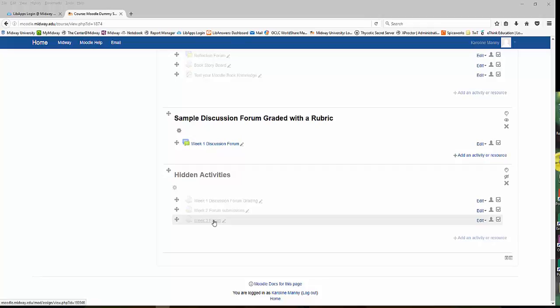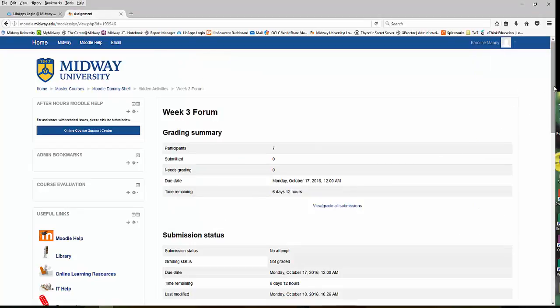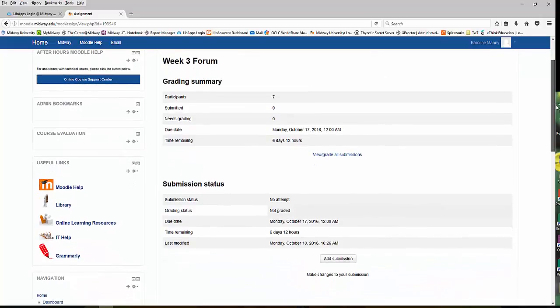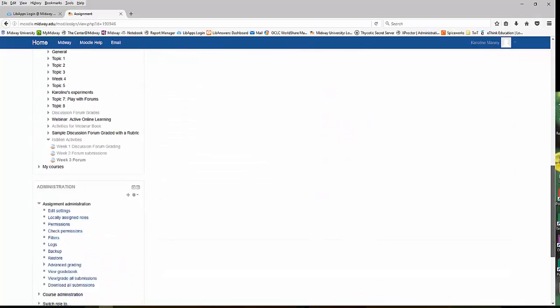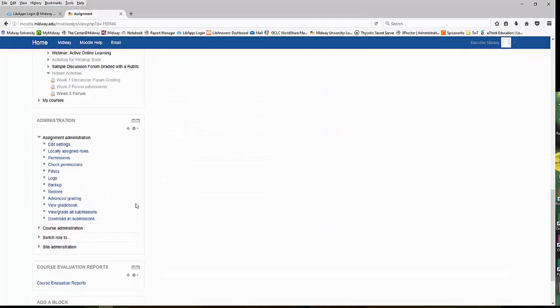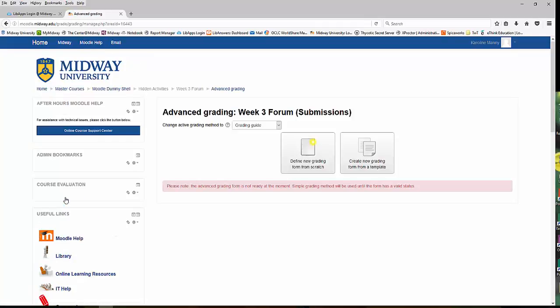This hidden assignment right here, Week 3 Forum Grading. If I click on that, as if I wanted to view or grade the submissions, and then scroll down to the administrative block, I will see an option called Advanced Grading. If I click on Advanced Grading, I can switch from Simple Direct Grading to either a grading guide or a grading rubric. If I click Rubric